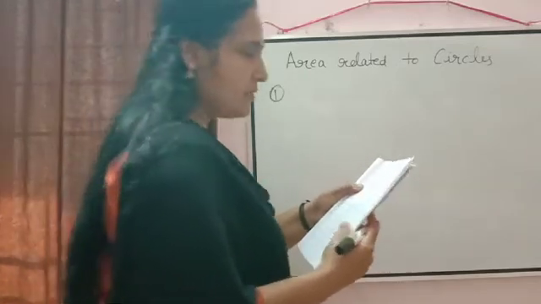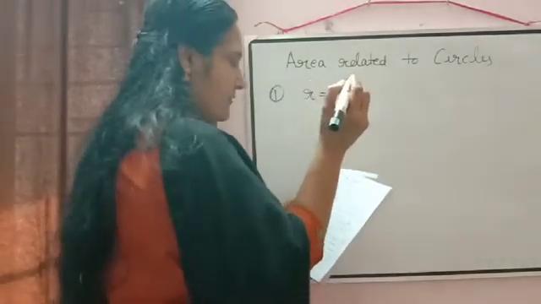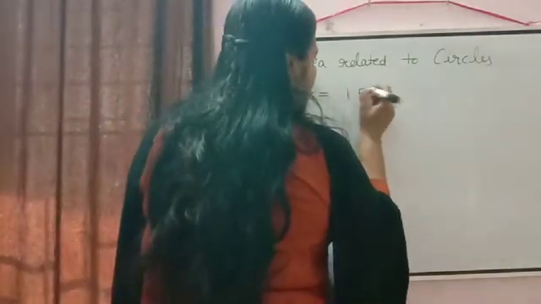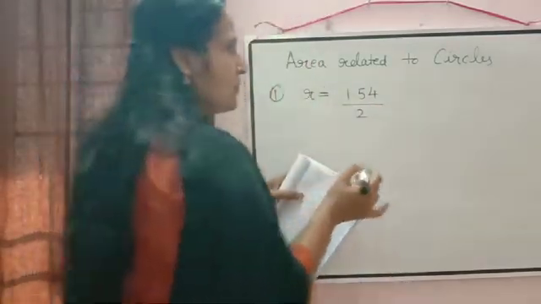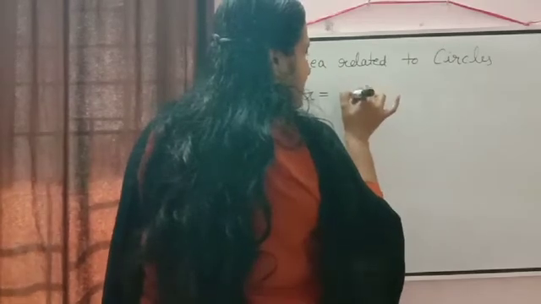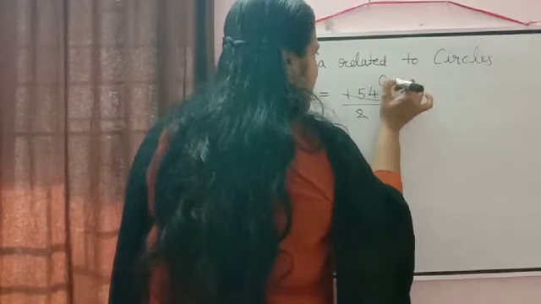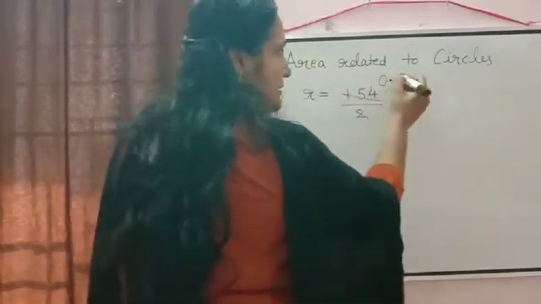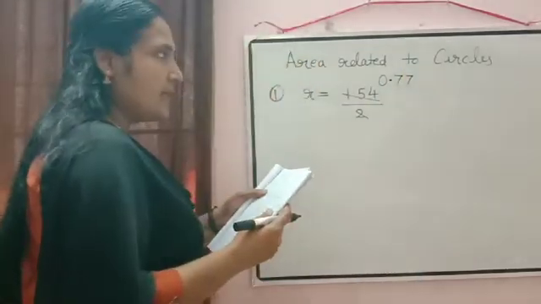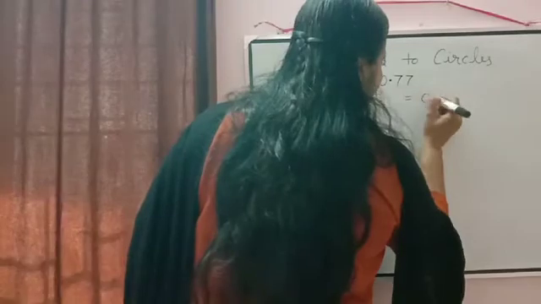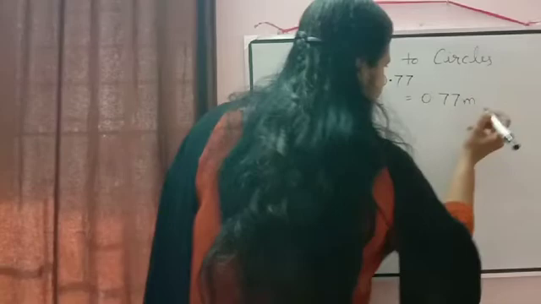So first we can find out the radius. What will be equal to radius? We know radius is half of the diameter. So radius will be equal to 1.54 by 2. Now we can cancel it by 2. What will come? Yes. Now first 1 is smaller than 2, then we have to take 5. So it will be equal to 0. Then next, 2 7s are 14, again 2 7s are 14. So we are getting radius is equal to 0.77. Radius is equal to 0.77 meter.